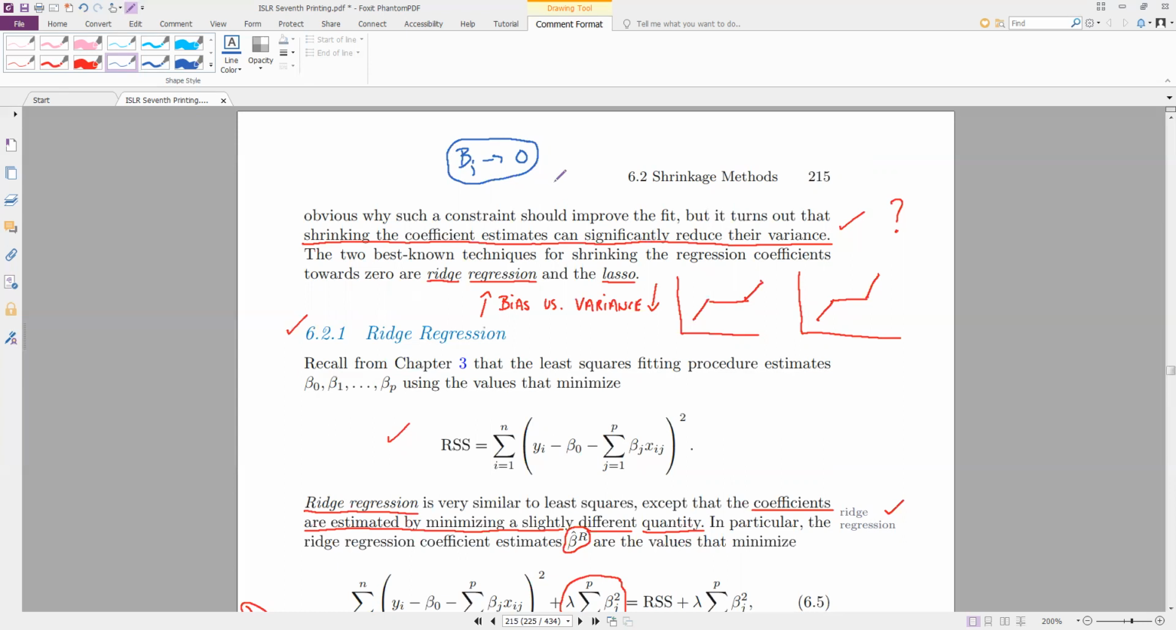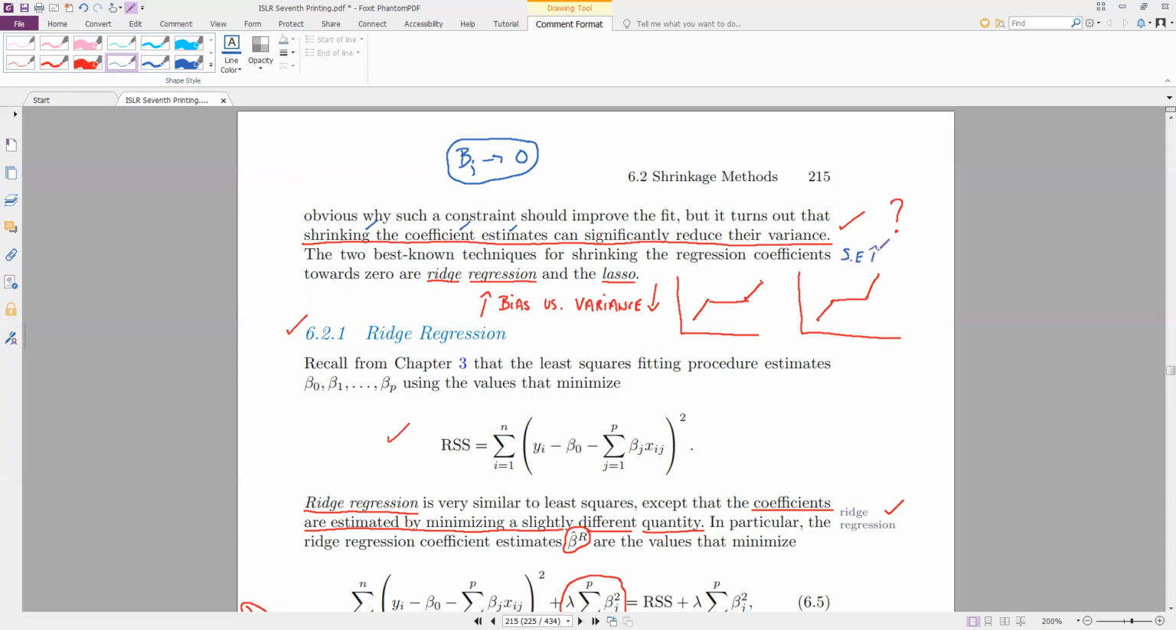There's a logic behind it. And oftentimes, regularization techniques will be useful when you have things like collinearity and multicollinearity. Okay? So let's look at the logic of how this works. Shrinking the coefficient estimates can significantly reduce the variance. This is an idea that when you do have things like collinearity, we know that standard errors